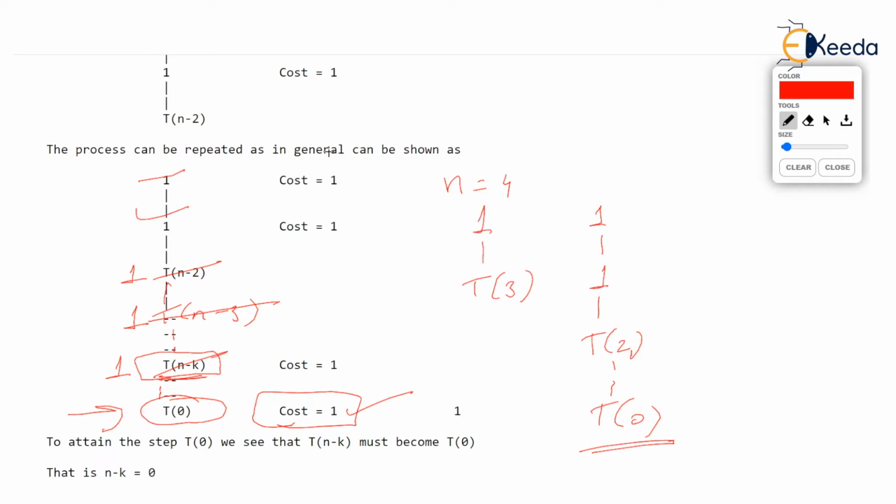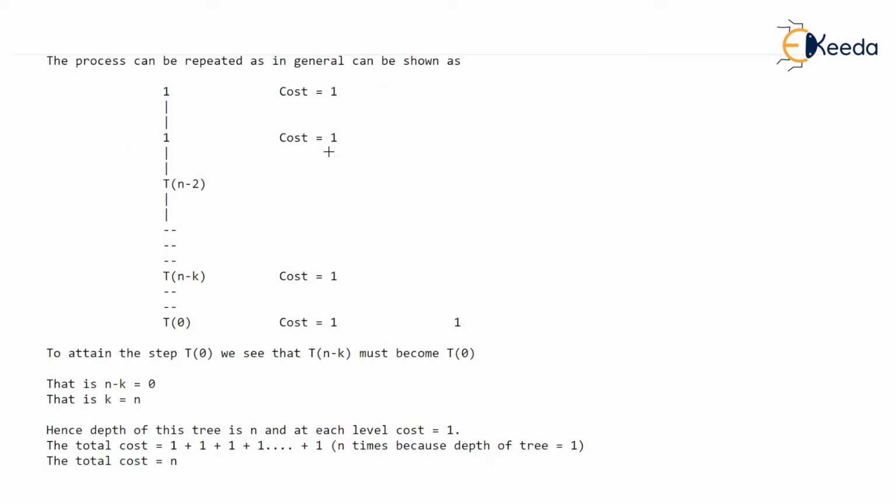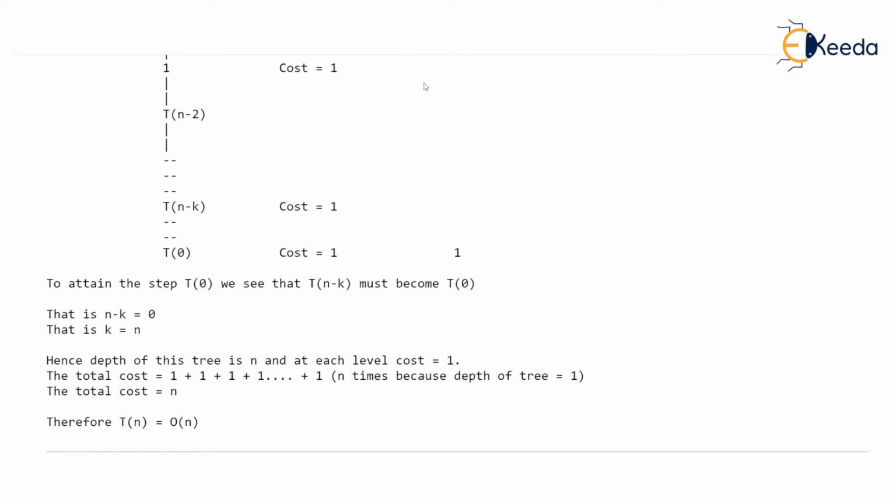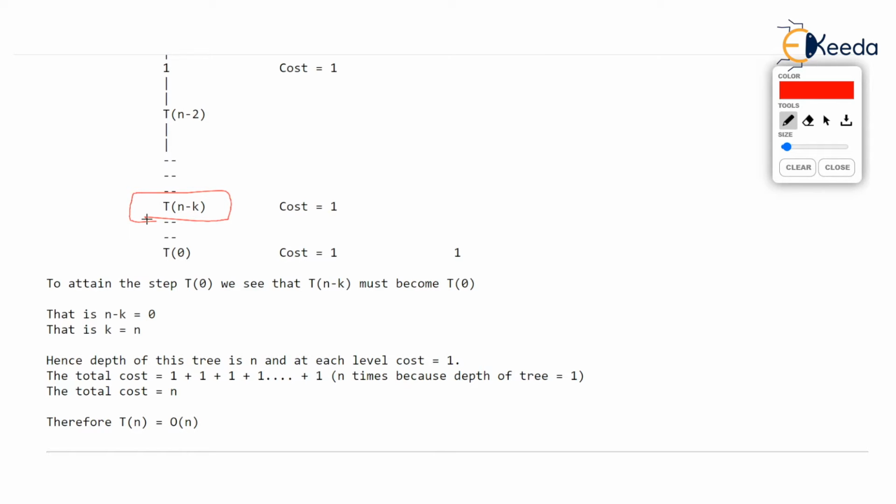The cost is 1. So by the way, in our substitution method, we then questioned one thing: when are we going to get this T0 exactly? Note this general term Tn minus k, isn't it? n is getting reduced every time, n minus 2, n minus 3, n minus 4, n minus k. And we are saying sometime later we will get T0. That means this Tn minus k, the general term, will tend to T0, isn't it? I hope you are understanding. You can imagine that this Tn minus k itself should become T0 sometime, isn't it?